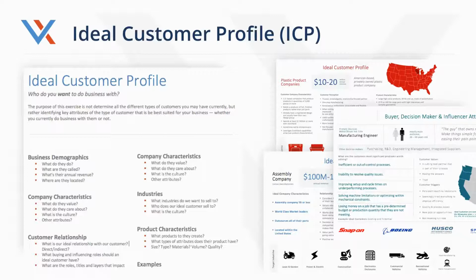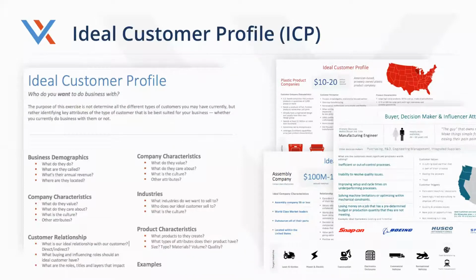So we go through a process of Q&A on the demographics of our customers. Who do you want to do business with? What do they do? What are they called in the industry? How big are they from a revenue perspective? Are they in the Midwest? Are they national? Are they international? All of those core basic things that help define an ideal customer for a business. For example, at the VX Group, our ideal customer is somewhere between $5 million and $75 million in revenue. That's a pretty easy one to hone in on.